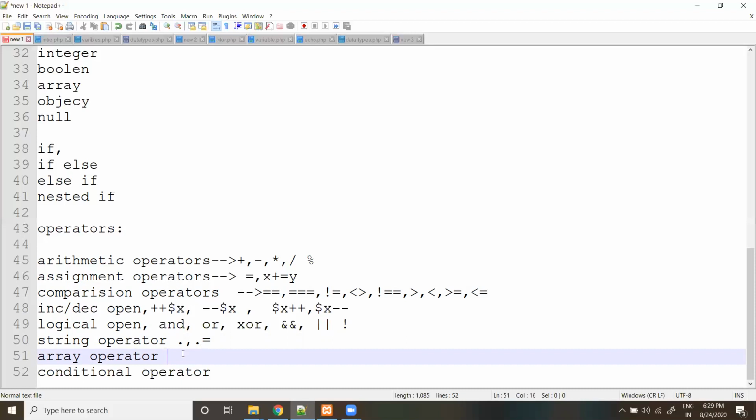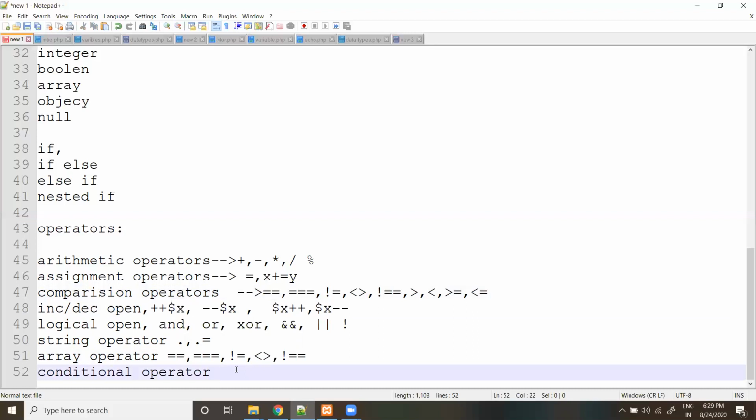Array operators are nothing more than these, like double equal. Conditional operators means the ternary operator. Ternary means a question mark, which also compares whether two numbers are greater than or equal, like comparison only. Based on expressions we compare.